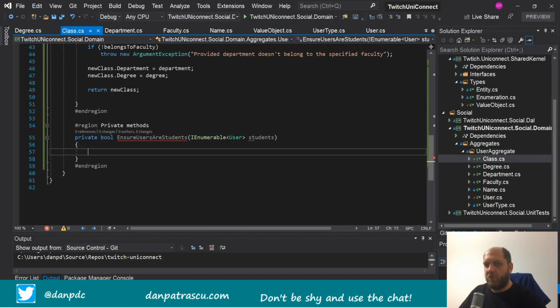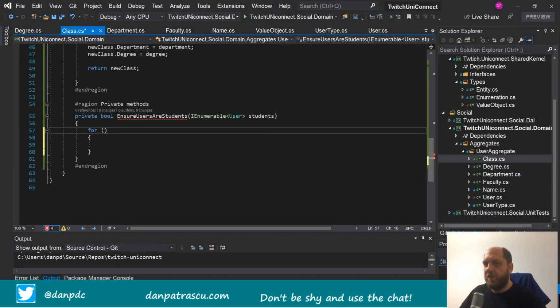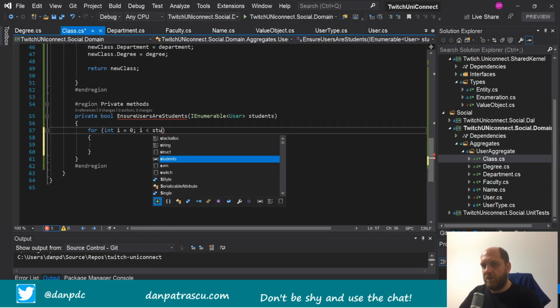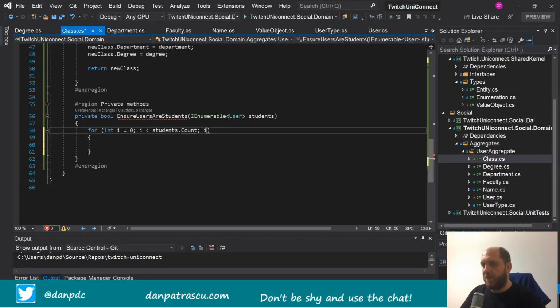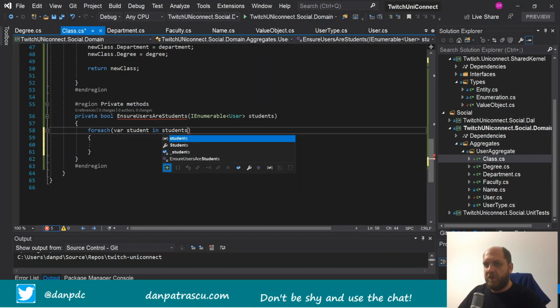And then what we could do here is simply students. Can we do for each here in this IEnumerable? I guess no, that is only for the list. So maybe the easiest way to proceed is to implement a for loop. I guess it's a long time since I've implemented a for loop. So it's for int i equals 0, and we go with i while it is less than students dot count, and then i plus plus. But actually I guess it's easier to have a for each. And here we make it for each var student in students, and if